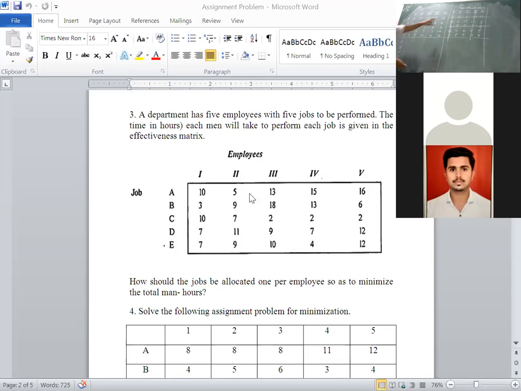The resultant matrix. Here, intersection point, then add 2: 5 plus 2, 7. Simultaneously make a note, everybody. Here 10, intersection point, add that smallest element, 12. 11 will come as it is. 0. Here 6 minus 2, 4. 15 minus 2, 13. 10. 3 minus 2, 1. Like that, write down.